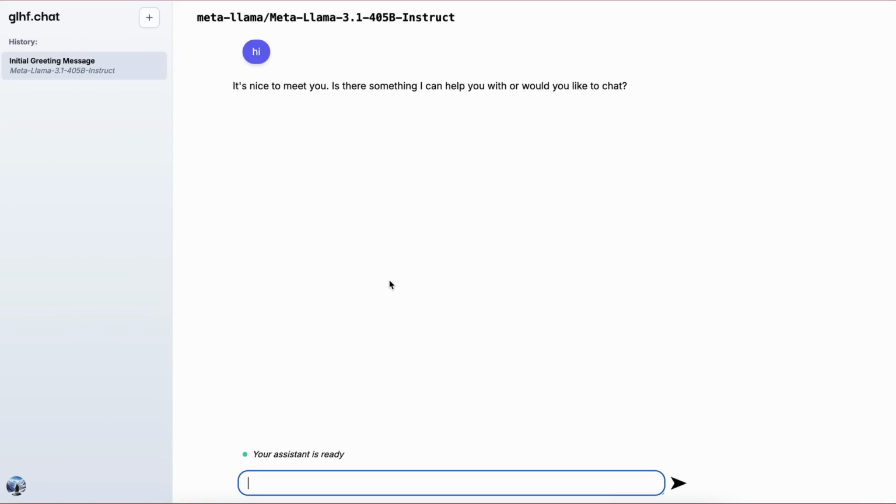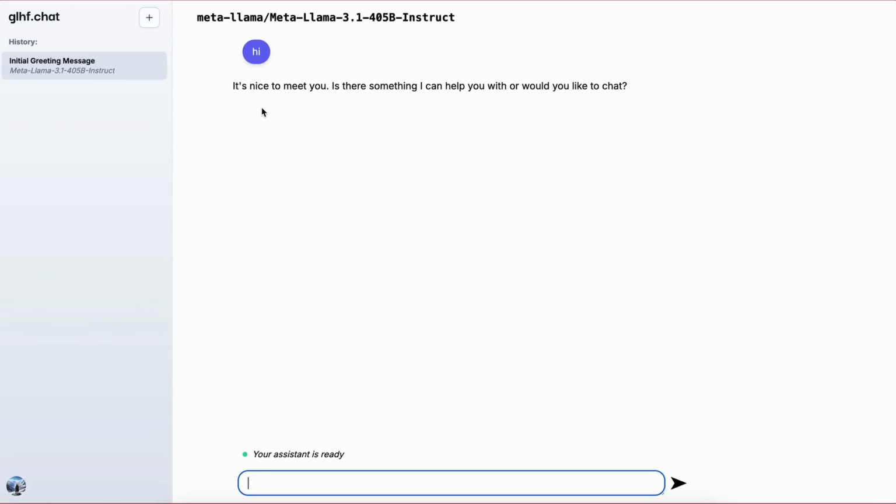So, let's just select the Llama 3.1 405B because I like it the best. You can also use Qwen-2.5 Coder if you want. So, first of all, you can chat inside it pretty easily, but we'll be needing an API to use it